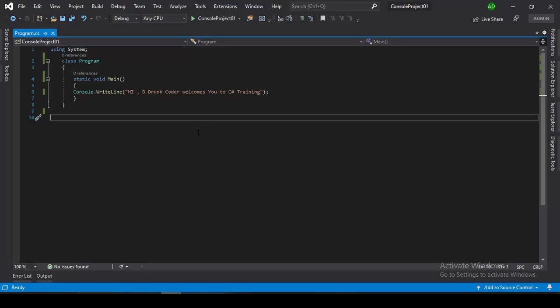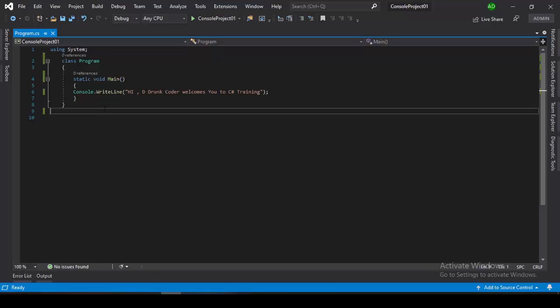If you are wondering what this class, method and piece of code are, you need not worry. I'll be talking about all these codes step by step in great detail in our next sessions. This was just a basic structure. I will be talking about all these terms in great detail in our upcoming sessions.